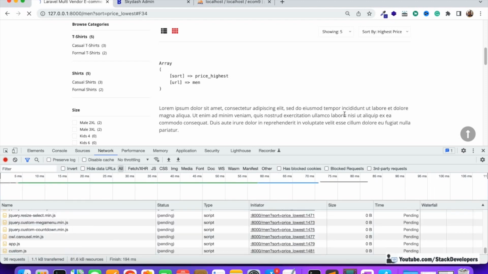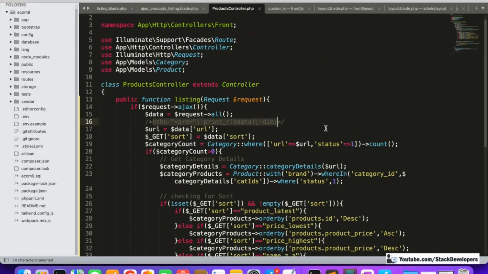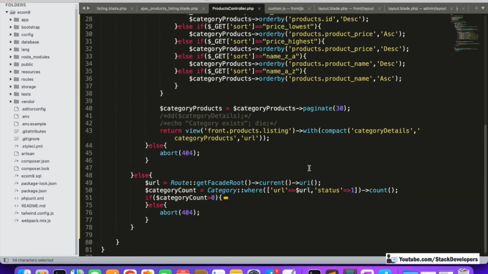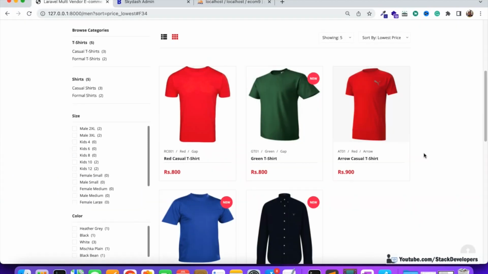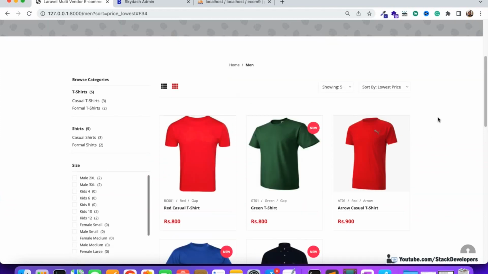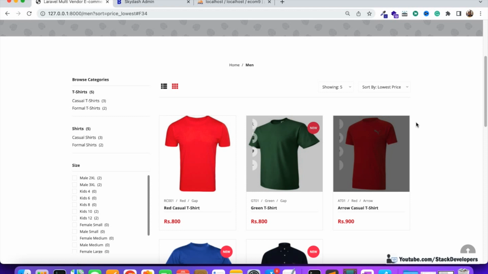Now we can refresh. See, now we can check that the page will refresh, the options, these products will update